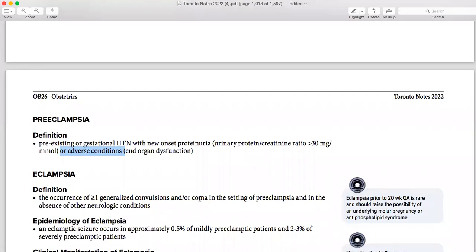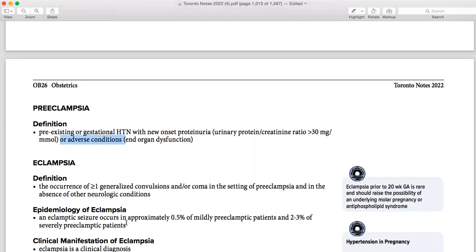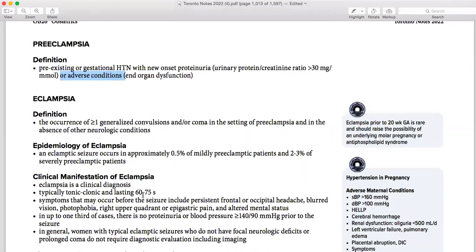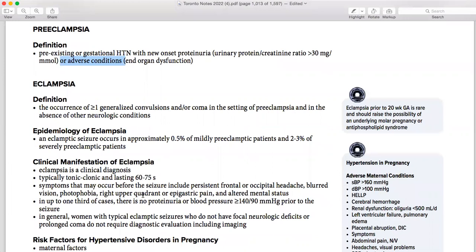So when the already existing BP and proteinuria are present and now she has convulsions as well, on the basis of those convulsions you will change the diagnosis from preeclampsia to eclampsia, in the setting of preeclampsia and in the absence of other neurological conditions. So one of the questions that I saw somewhere